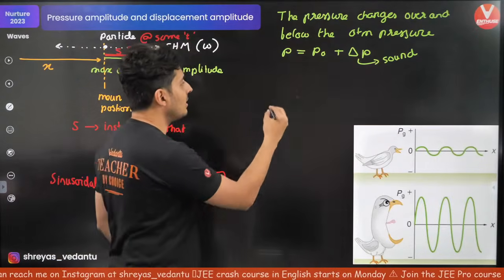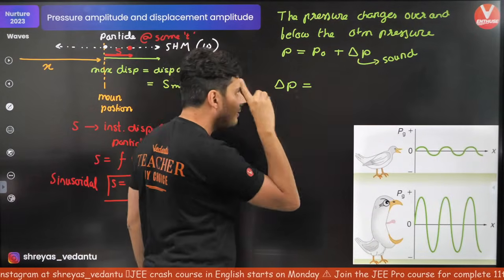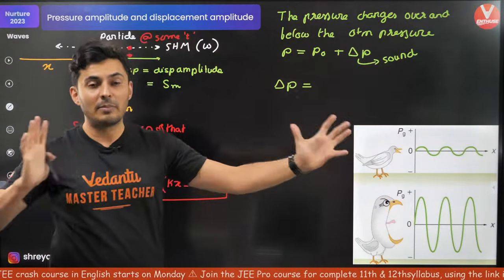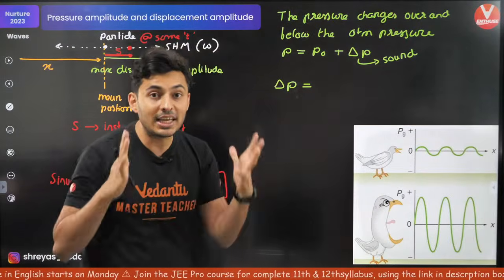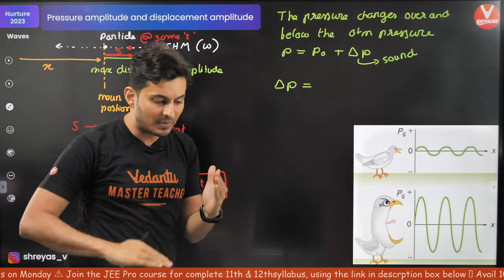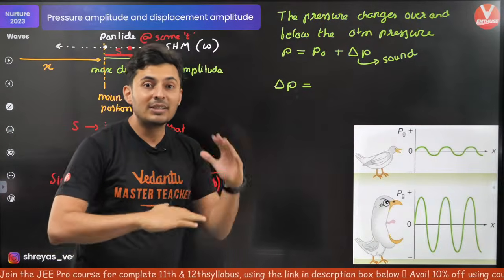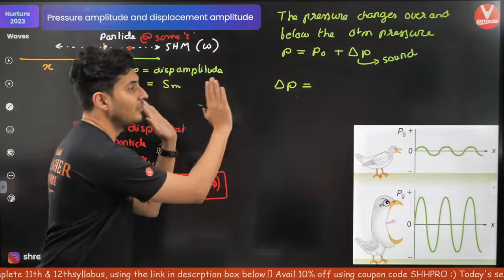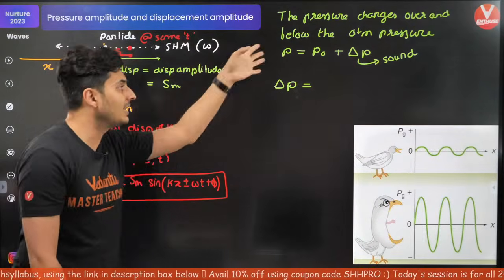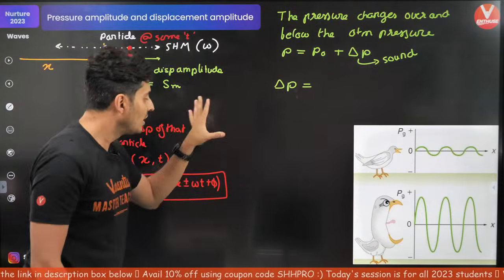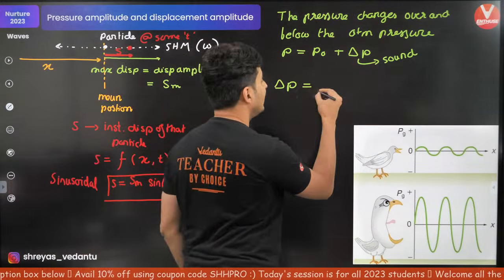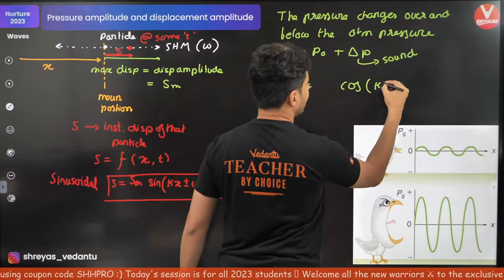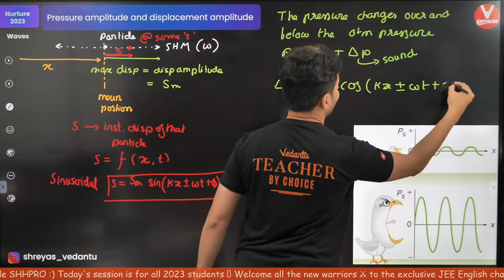This delta P will be varying with x as well as time. The variations in the pressure are going to change. The pressure will be sometimes maximum, sometimes minimum, sometimes it will be atmospheric pressure. So this is also going to be a sine cos function. But I just told you that there is a phase difference of 90. That means if this is sine, this will be cos function. If this is cos, this will be sine function. So if this is displacement by sine, this is a cos function of kx plus minus omega t plus phi,